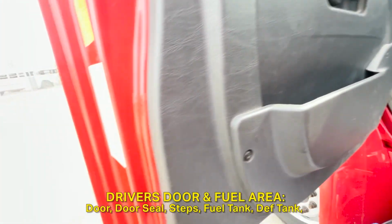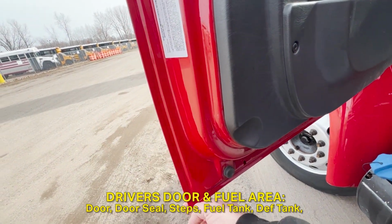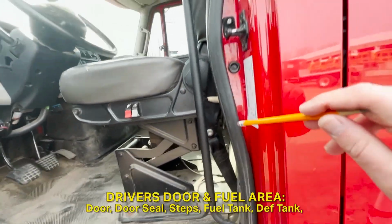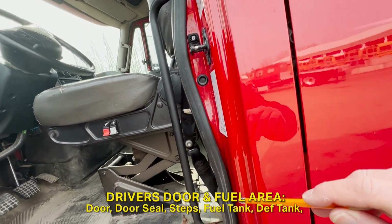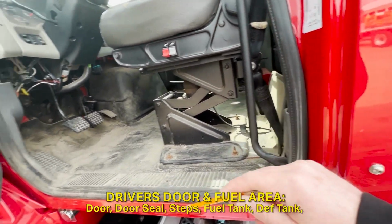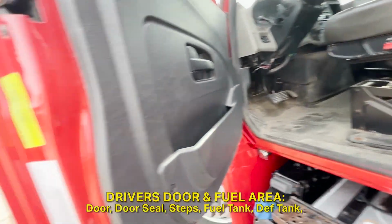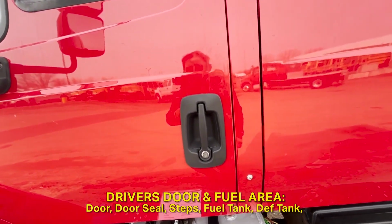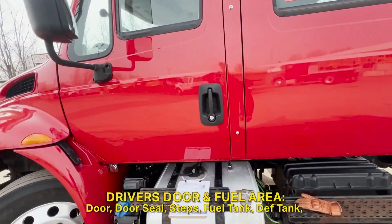And then you'll grab the bottom here, kind of lightly mention that this door is not sagging or loose. And then you'll point out that the seal, this rubber seal, the door seal, is intact. It's not cut or torn or loose or missing at all. It's securely mounted. And then you'll close the door and mention that the door securely latches and it's flush with the body of the truck